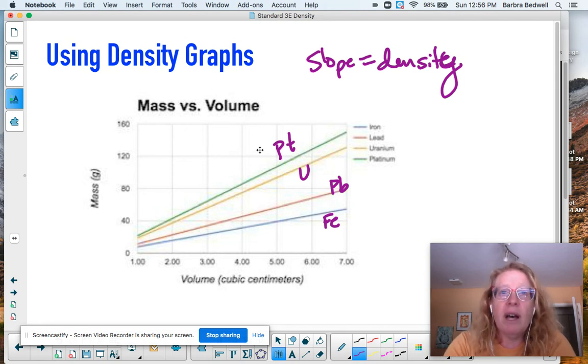So there you have it. An overview of density, starting with the equation, the concept of what it is, some of the ways that it gets applied, a couple of the different types of problems that you might see, and how we apply it to graphs. So I hope that helped,